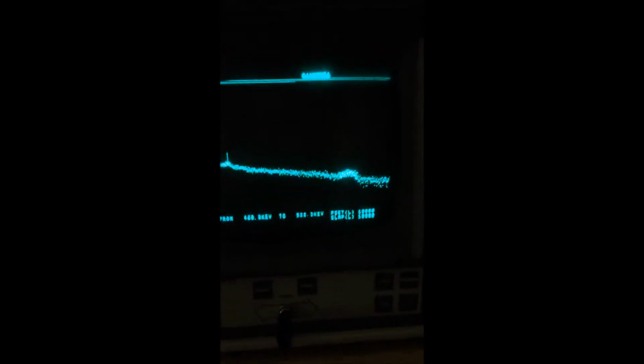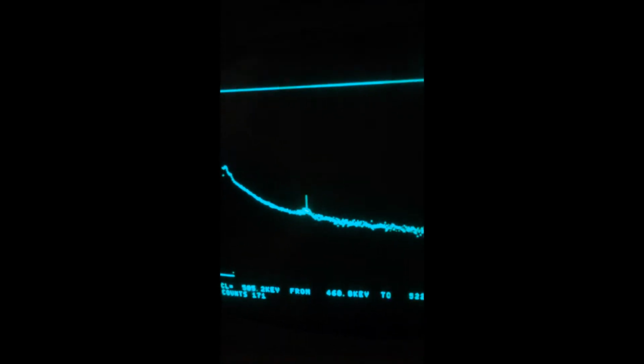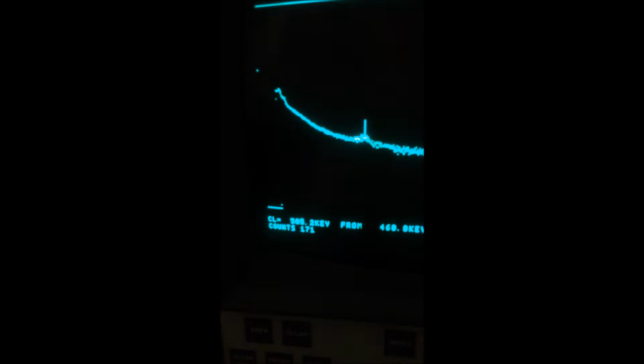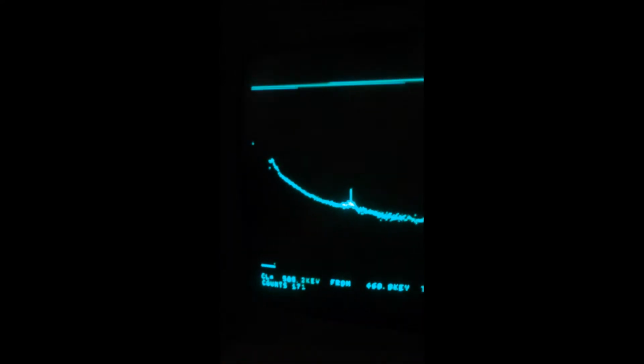So on the far left, I've selected this one region of interest, because I thought it was kind of interesting. It's just a potassium-40 photo peak, which is very typical of background situations like this. We also see the peak that we were looking for at 511 keV right here. Our calibration is a bit off. It says 505 keV, but there's nothing really with a photo peak around there that we could expect to occur